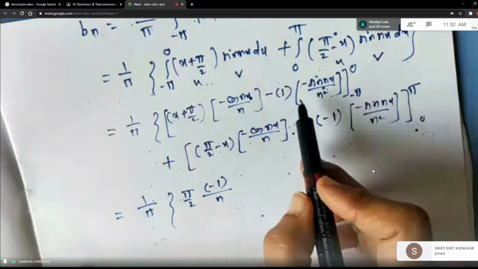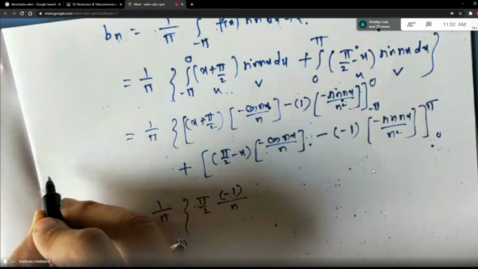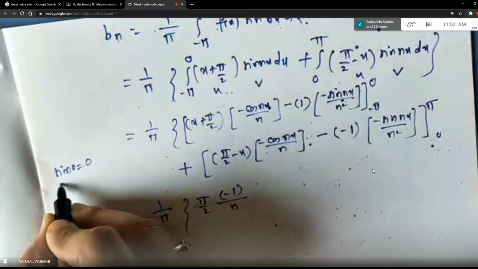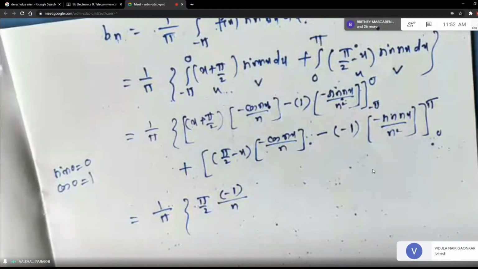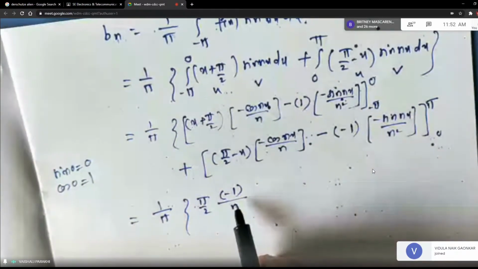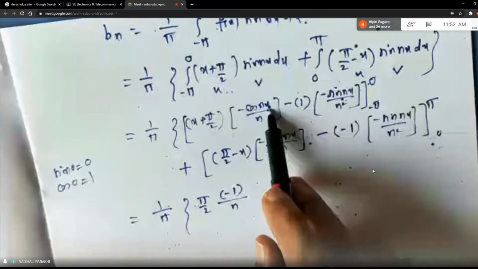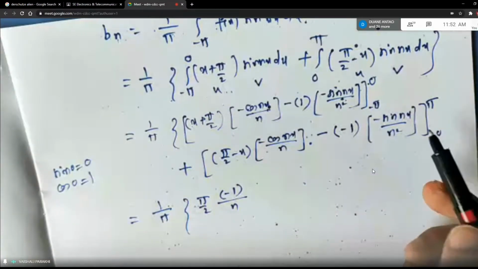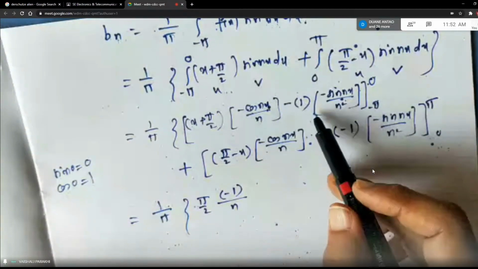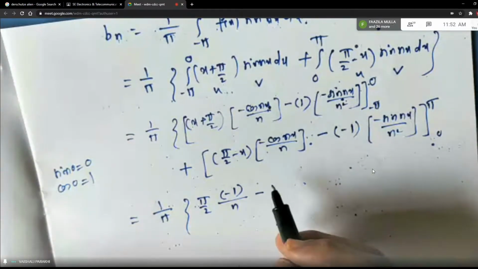Sine of 0 is 0, students, right? For the new students, again and again I am repeating, sine of 0 is 0, cos of 0 is 1. So you have to remember these values. Okay. So why it is minus 1, all of you understood? Because when I replace x by 0, I get cos of 0. Cos of 0 is 1. Okay. So this term becomes minus 1. This term will vanish, right? So this is minus 0, you can write if you want, or don't write anything.